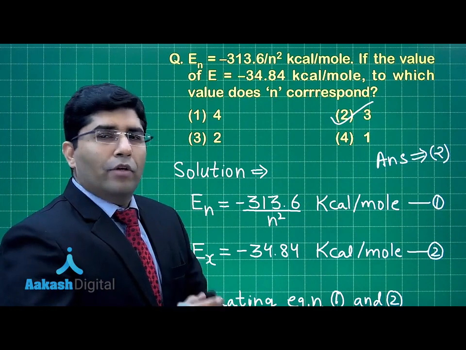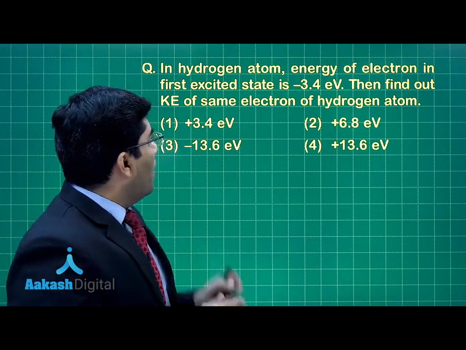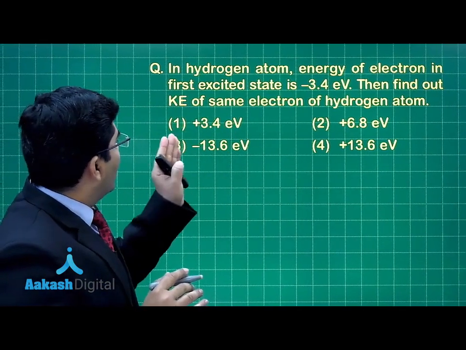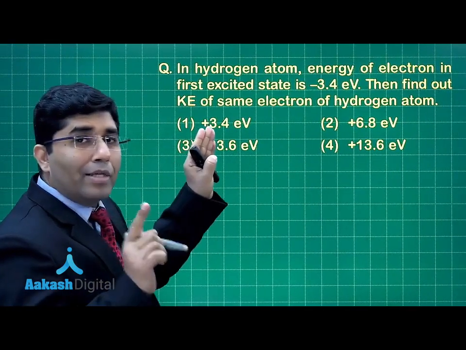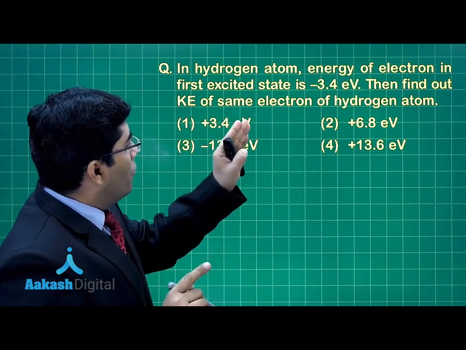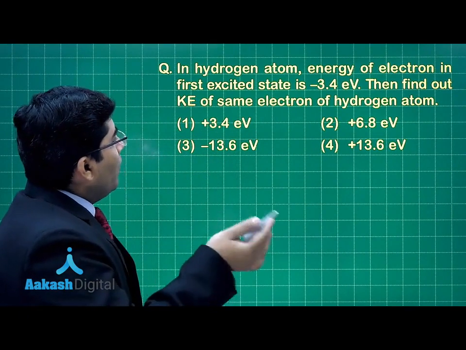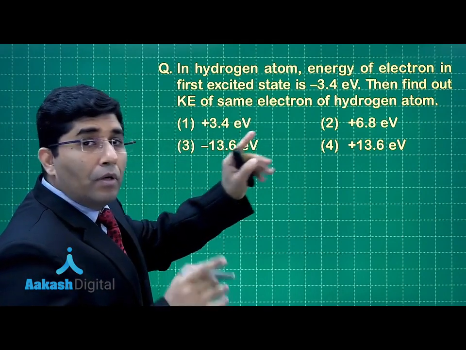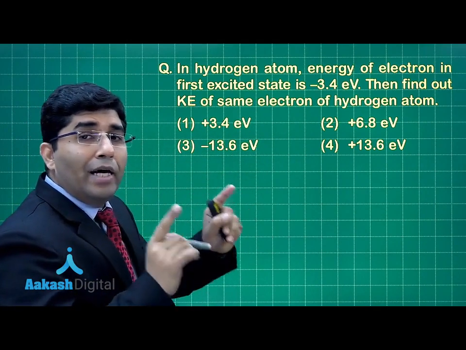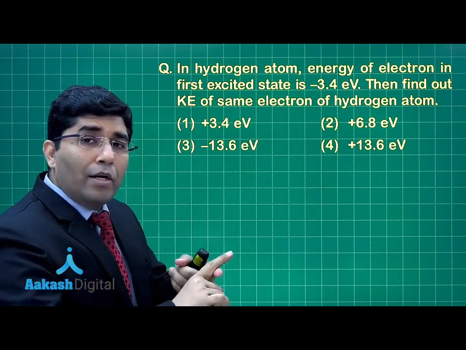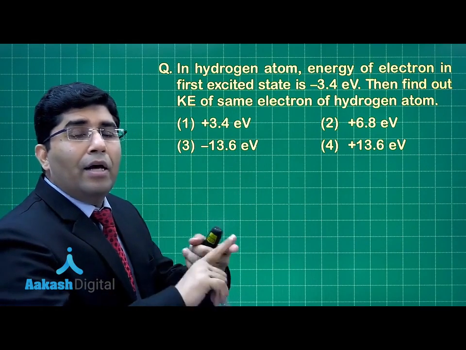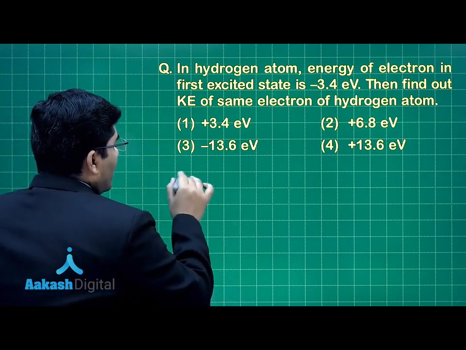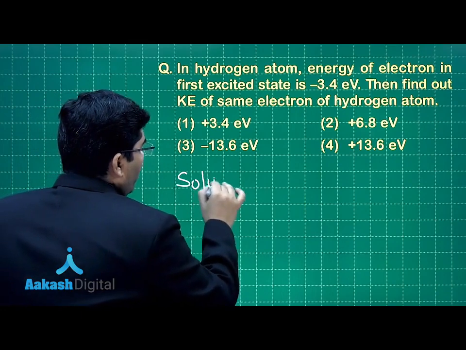Now let's solve another question. In this question he is asking, in the hydrogen atom the energy of the electron in the first excited state, meaning the second shell, is minus 3.4 electron volt. Then we have to find out the kinetic energy of the same electron of the hydrogen atom. Now we have studied the relationship between total energy, potential energy and kinetic energy. So let's solve this problem. What is given to us? The solution will be,